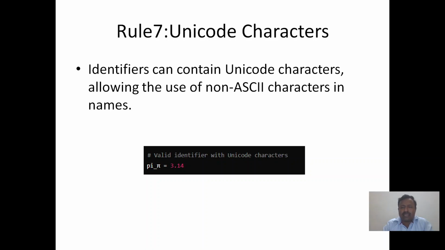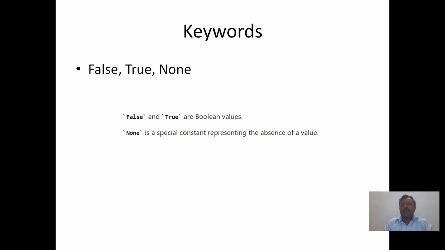What is the valid data set for it? Alphabets, digits, underscore, non-ASCII characters. But what is the thumb rule? The first character must be a letter or the underscore. Letter or the underscore. Now coming to the